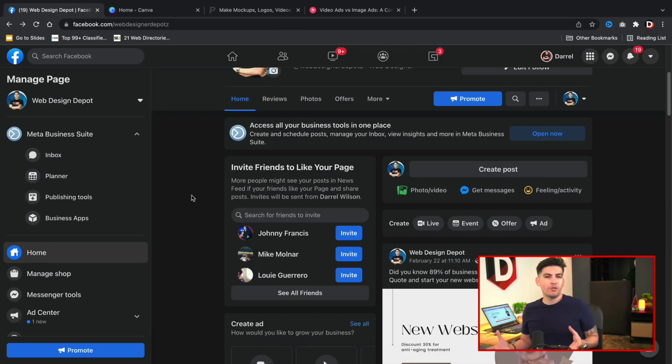Now, what do I recommend for creating ads? Should you use Facebook stock photos, or should you use third-party services? In my personal opinion, I would highly go with third-party services. The Facebook ads, the generic material, it's like stock photos. It's really nothing that relates to your brand, and I feel like you should always create something custom that represents your business. So let me introduce you to 2 different websites where you can create some really effective advertisements for your Facebook pages.